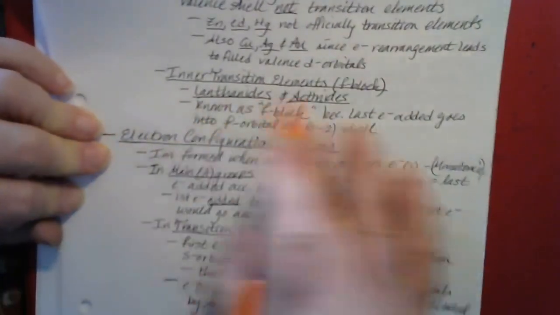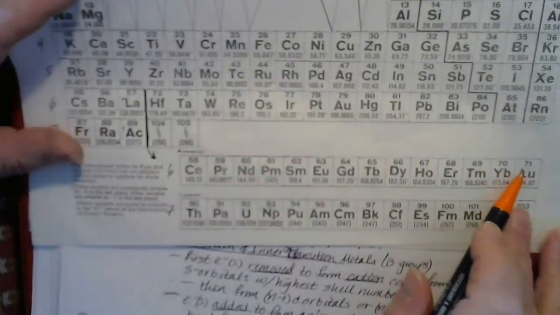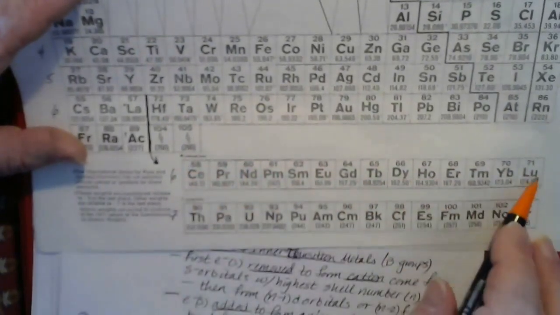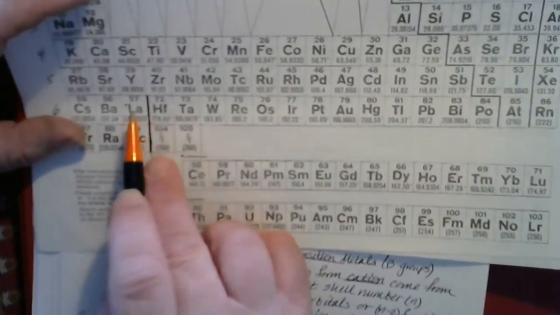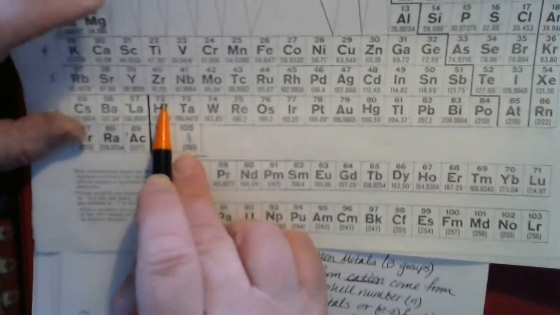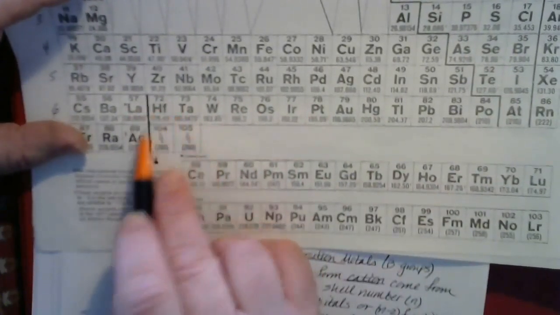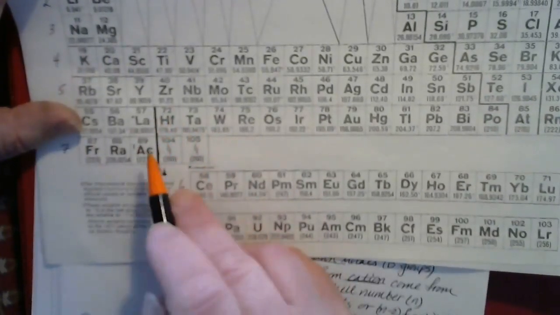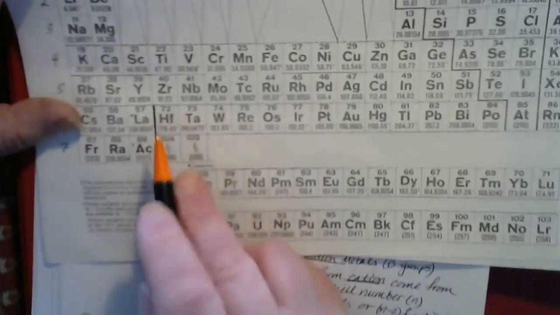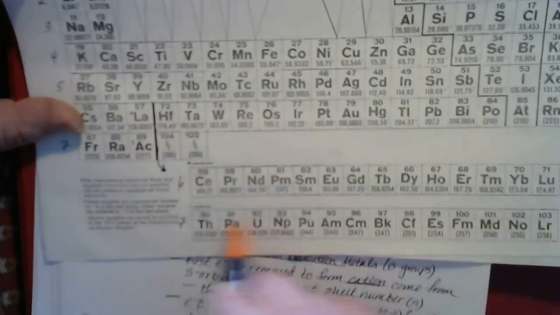The inner transition elements, that is the F block elements down at the bottom, if you look at the atomic numbers for the transition elements, you'll notice that 58 through 71 actually fit into this space here between lanthanum, 57, and hafnium, and suddenly it jumps to 72. Some periodic tables make that fairly obvious and some don't. The one I'm using right now didn't, so that's why I penciled in this black line between lanthanum and hafnium and drew the little arrow going down here showing you that, wait, there's a bunch of other elements that actually